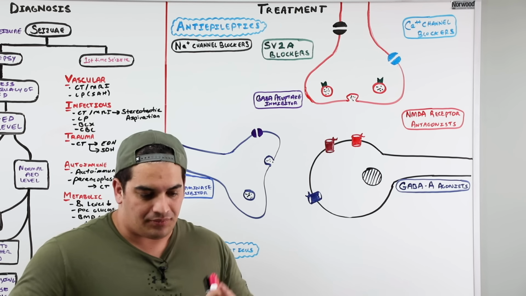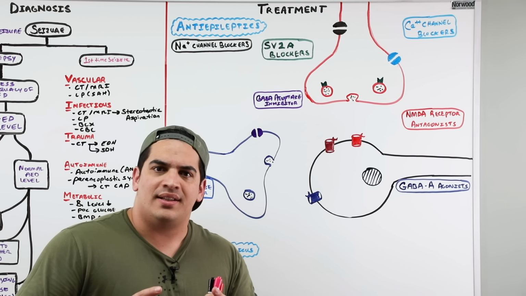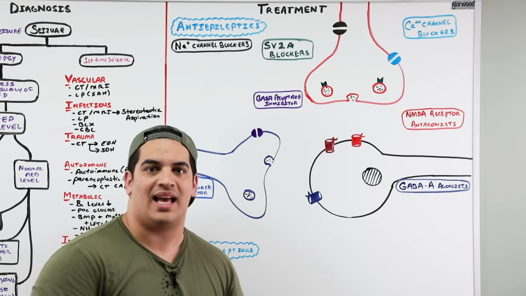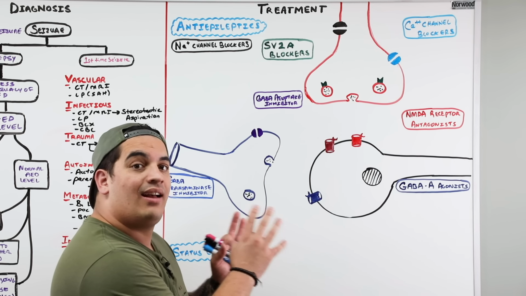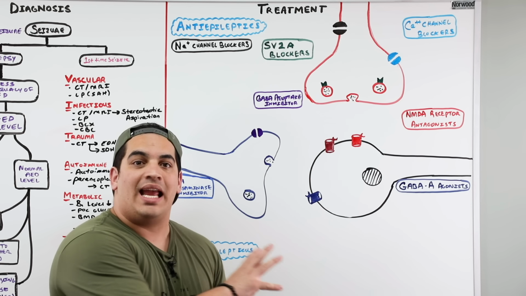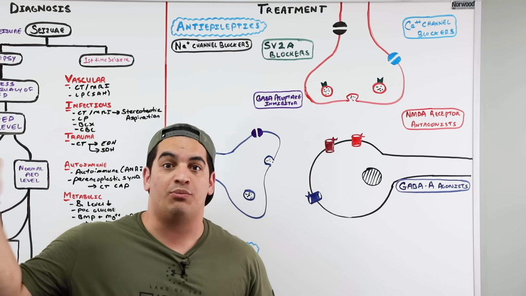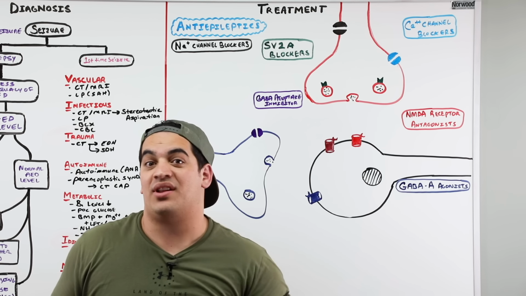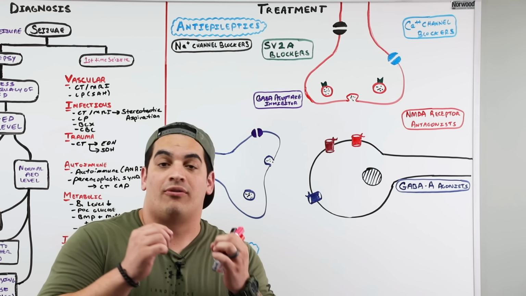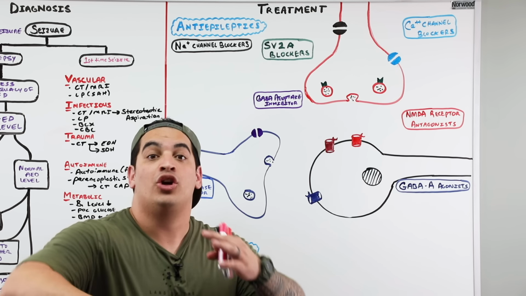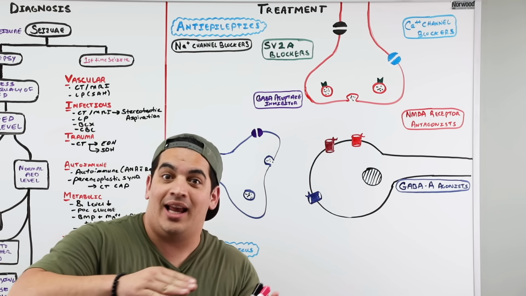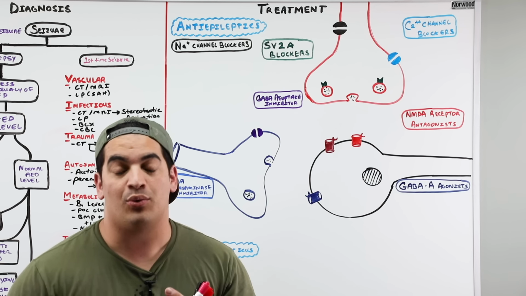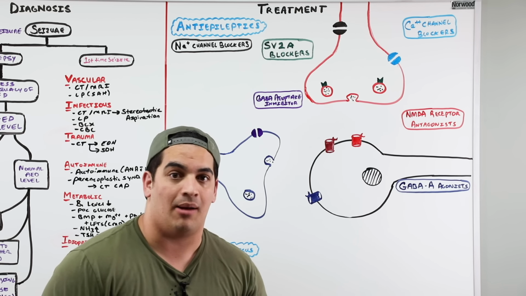So go back. A person seized, okay? When they seized, you need to treat them with anti-epileptics, depending upon if they've been seizing for a long period of time. We'll talk about status epilepticus. You can treat them with anti-epileptic medications. While you try to stabilize them with these anti-epileptic medications, you should be searching for an underlying cause. As you search for that underlying cause based upon the diagnostics we talked about, if it's a reversible cause that's causing the seizure, you treat that underlying cause, and then maybe you can discontinue the antiepileptic. If it is a cause that is not easily reversible, you may have to continue the antiepileptic until that cause has resolved.